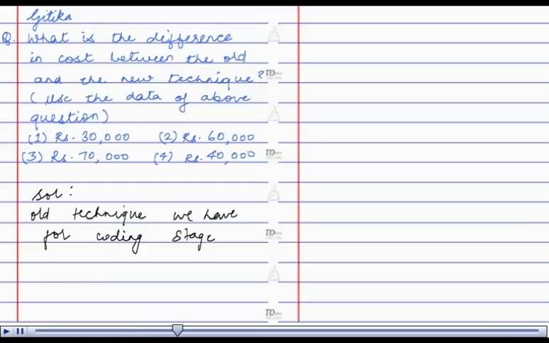5 to 8 months. Therefore, the number of people employed in 5 to 8 months is 4 plus 5 plus 5 plus 4, whole into rupees 10,000, which is the cost per man per month for the coding stage. This is equal to rupees 1,80,000. In the new stage,